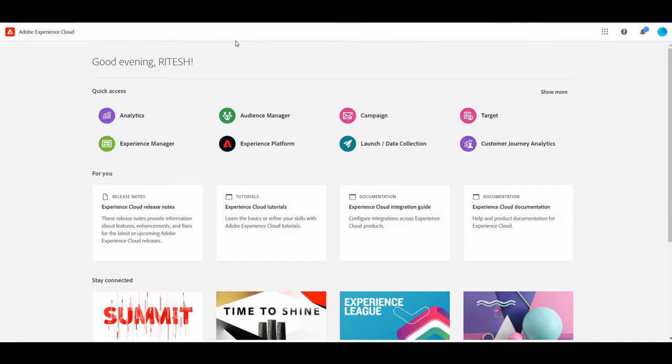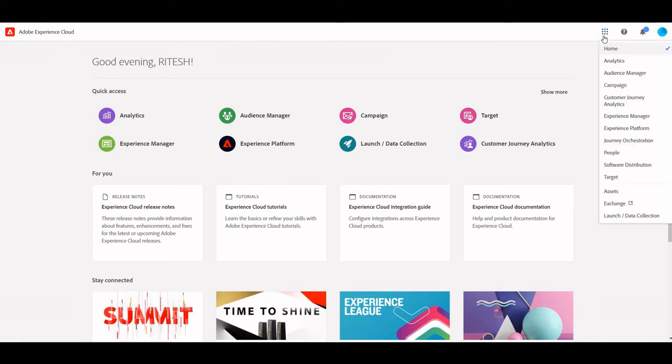The URL is experience.adobe.com, and once you land on this screen, you will see these solutions. If you don't see Campaign here, it means you don't have access to it, so you can ask the administrator to give you that access. Right here we also have this solution switcher. Just check, you should see Campaign here.